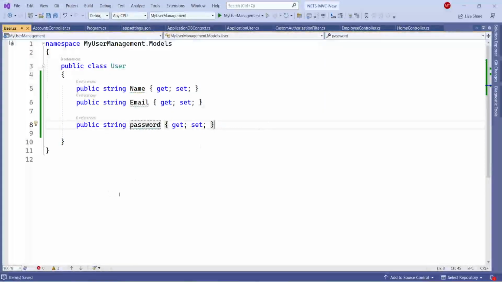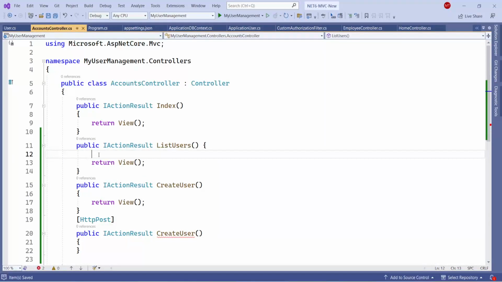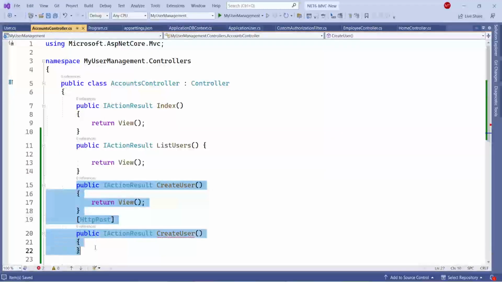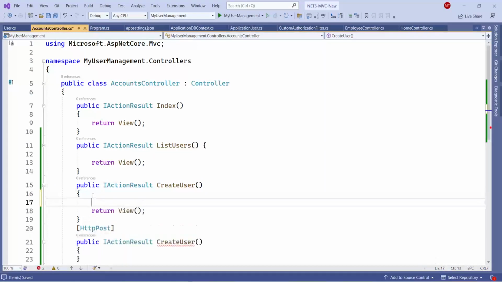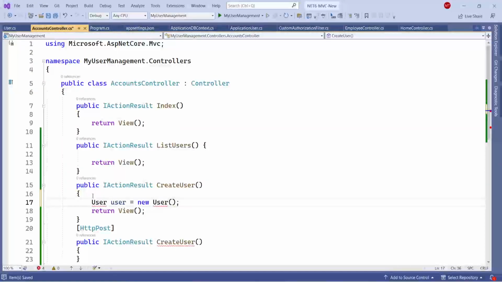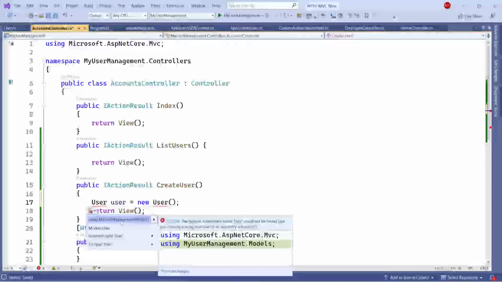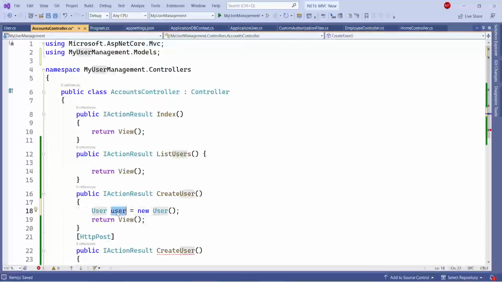That's it. Now go to AccountsController. We are redirecting to the listing screen. We need some model for that, which we can see in our upcoming session. First, we need to complete these two. So I'm going to use User, for the new user. This completes it; we need to add the using statement. Then we can pass this as a model. Okay,